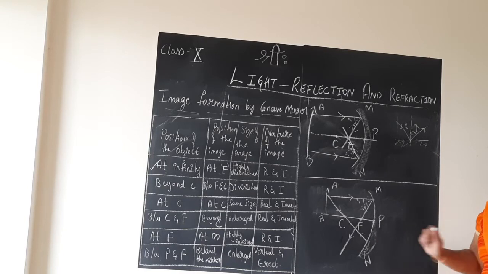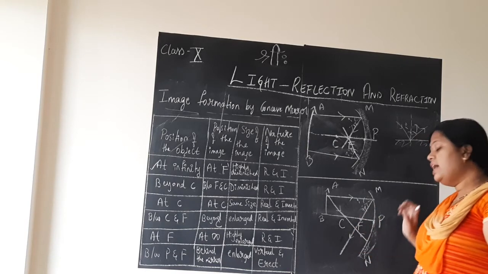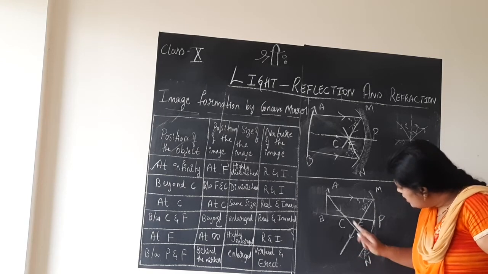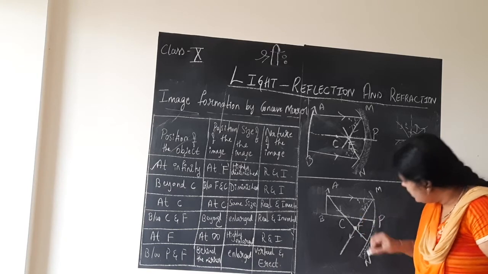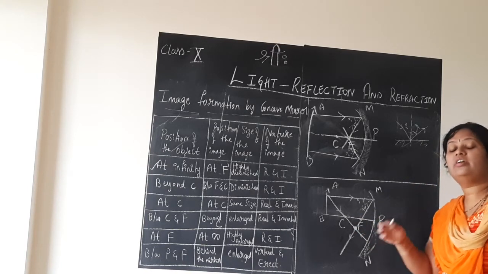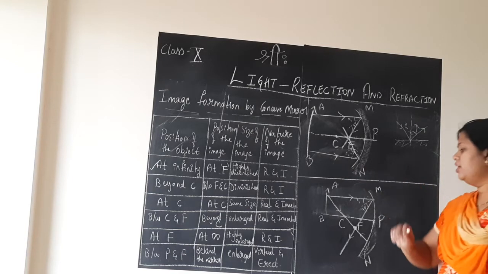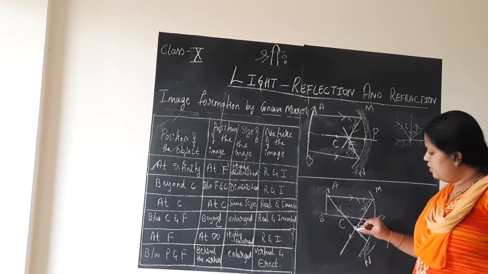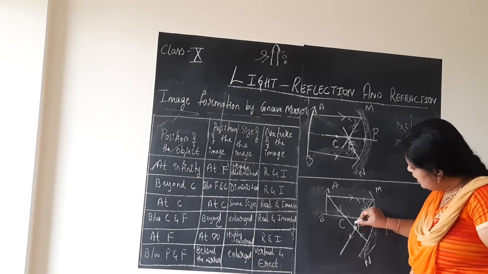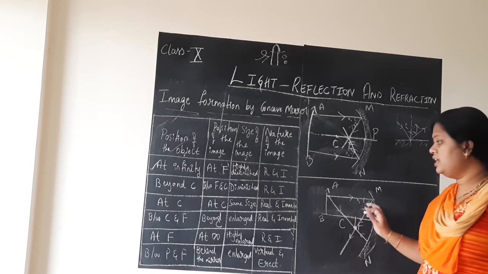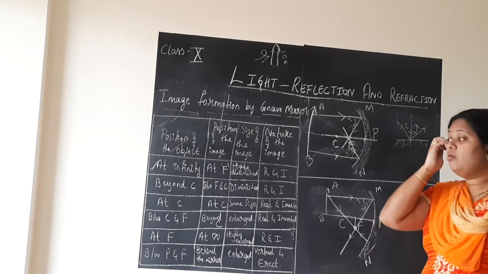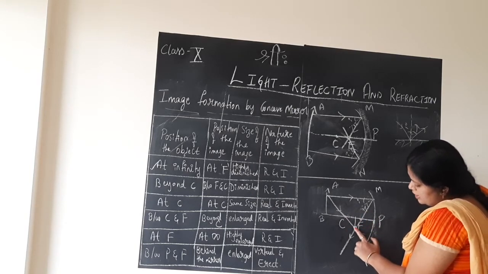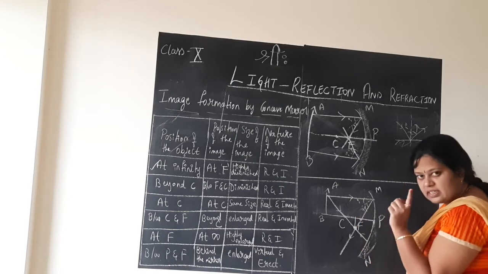Next we have to see where the reflected rays coincide, at which point they meet. Look, this is the reflected ray, and they are meeting here. It is not like they always meet on the principal axis, children. It will meet at different positions according to this given table. From that intersection point you have to draw the line. To draw these ray diagrams you should know this table. How to remember this table, I will teach you. From the intersection point, draw the line towards the principal axis always.